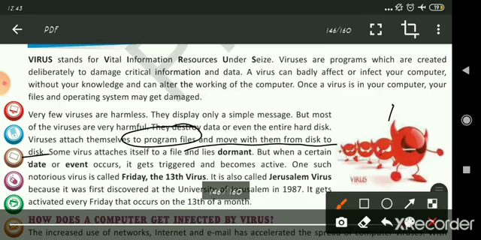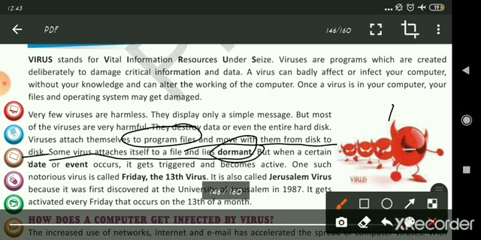Some viruses attach themselves to a file and lie dormant, but when a certain date or event occurs, they get triggered and become active. Means some viruses are of that type that attach to a file and lie dormant. They don't work.